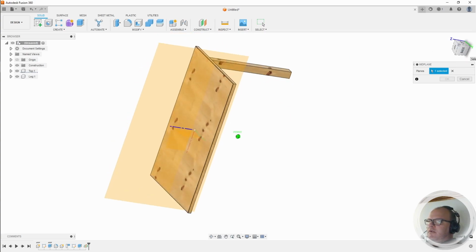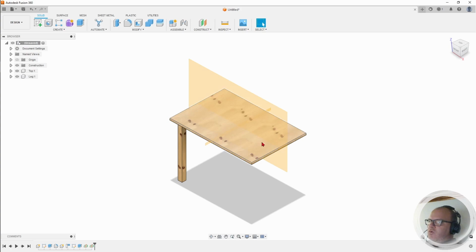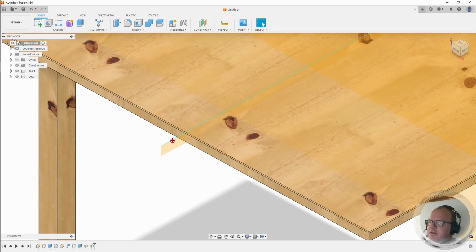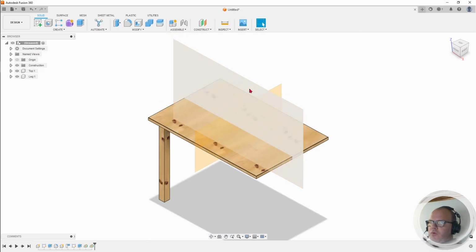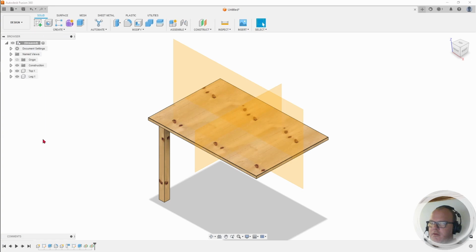So let's find it. It's this surface. Click OK, and we have to create also the second midplane. So to expand it once more, we have to click on this line, okay. Now we can use the mirror function. So let's find it, mirror. Okay, we are going to use it